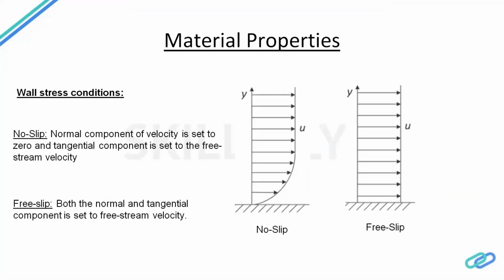Now coming to the wall strip conditions which we usually apply, that is no slip condition and free slip condition. This no slip condition is when we consider the friction forces between the object as well as the flow around it. So we tell that the velocity at the wall is zero and slowly it starts to develop in the form of a shear. So we tell it to be a no slip condition. But when we consider a free slip condition, we do not consider any flow stagnation point on the body and we have a clean and smoother flow on the object.